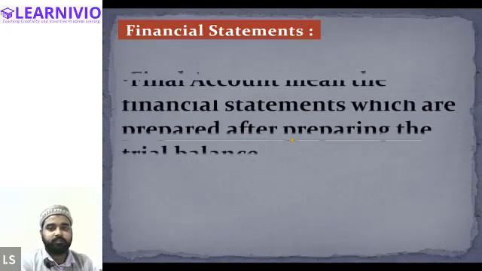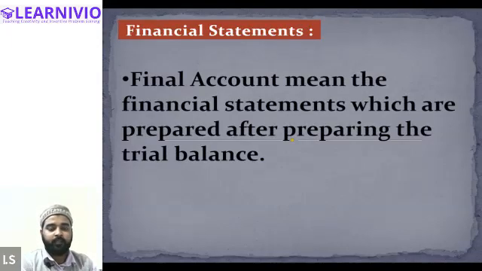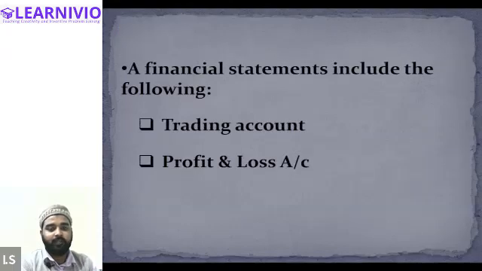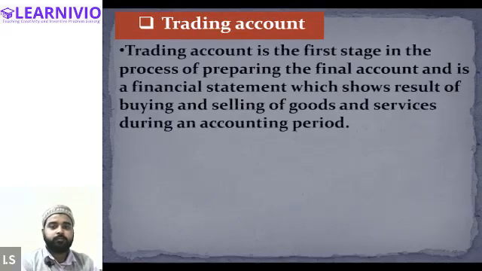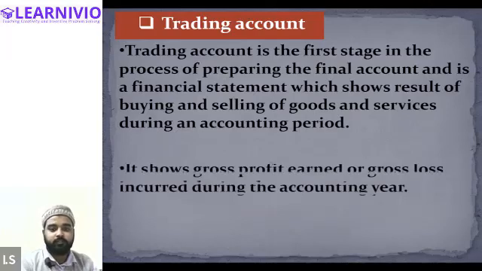The topics such as the meaning of the financial statement, wherein I have told you that the financial statement or final account of an entity basically comprises three statements that include the trading account, profit and loss account, and the balance sheet. After that, we learned about the trading account, wherein I explained that the trading account is the first stage in the process of preparing the financial account, and it basically indicates the gross profit generated or the losses incurred during the period of 1 year on account of selling of goods or services.